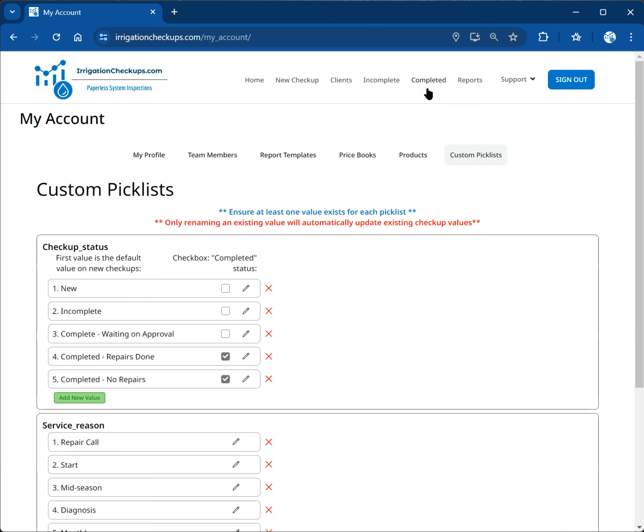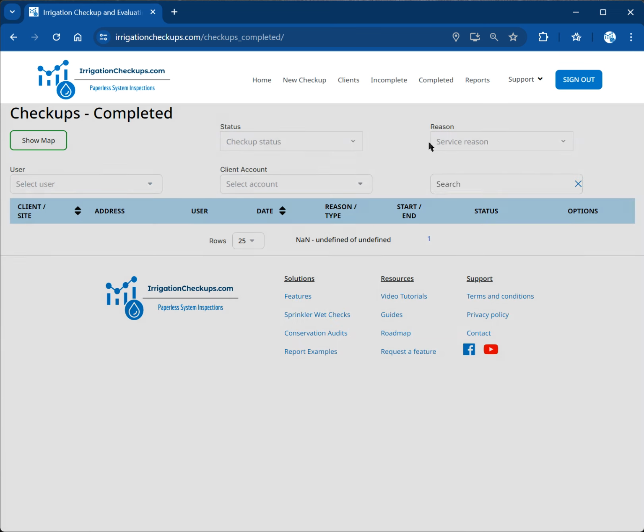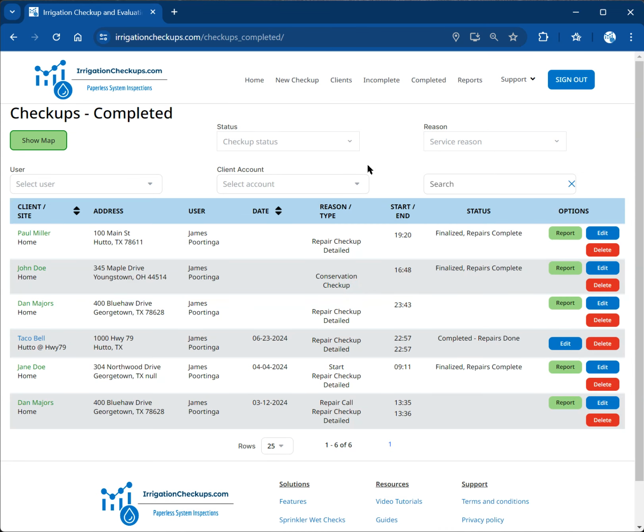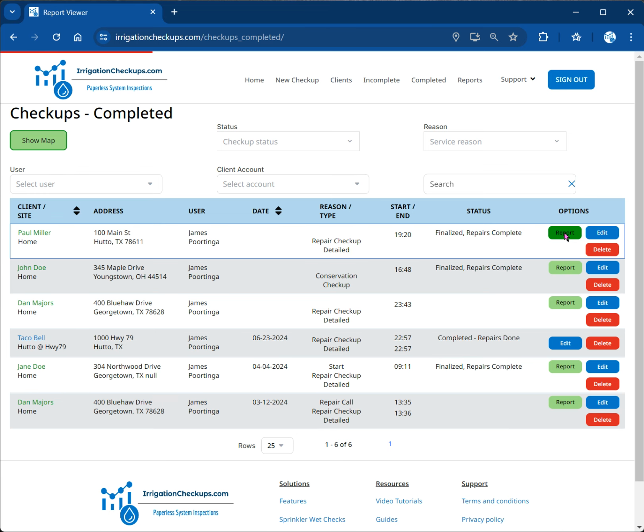And then let's go to a completed checkup, and you will notice that these tables have been tweaked some in their layout, to make it a little easier to see the rows, trying to make more information easier to read. But if we go and click report,